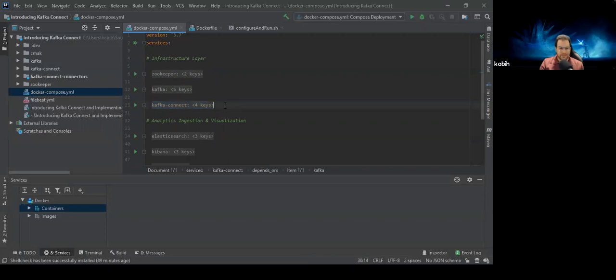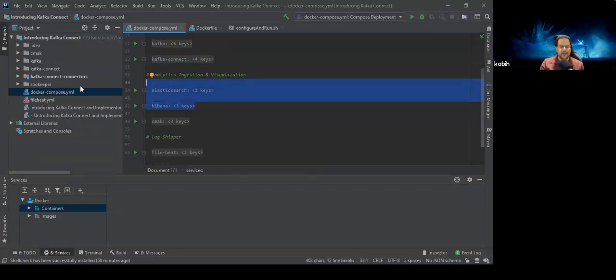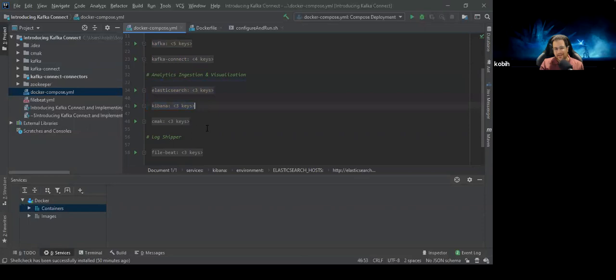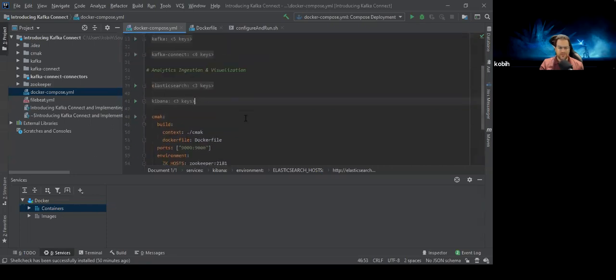I also did something here in case we want to investigate the logs. So I installed the Elastic Stack. I installed Elasticsearch, Kibana and Filebeat to collect all the logs into Elasticsearch so that it will be easier for us to search. And I also installed a tool called CMAK, which is a Kafka